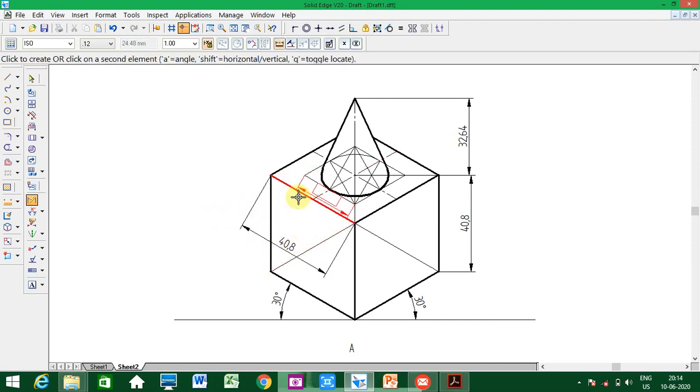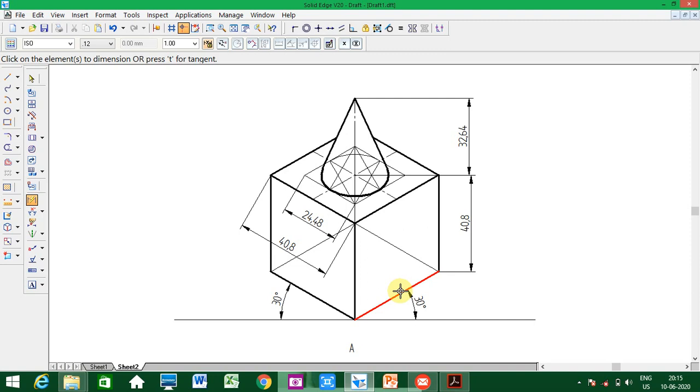But what is the difference between isometric projection and isometric view? Isometric projection means you are reducing to the scale of 0.816, and if you are drawing the true dimension, just now what you have seen earlier, it is the isometric view. That is the difference. And in examinations I don't expect isometric scale from you. If you draw the 3D view with the isometric dimensions, it is enough for me. Only shape and correct drawing is important for me.